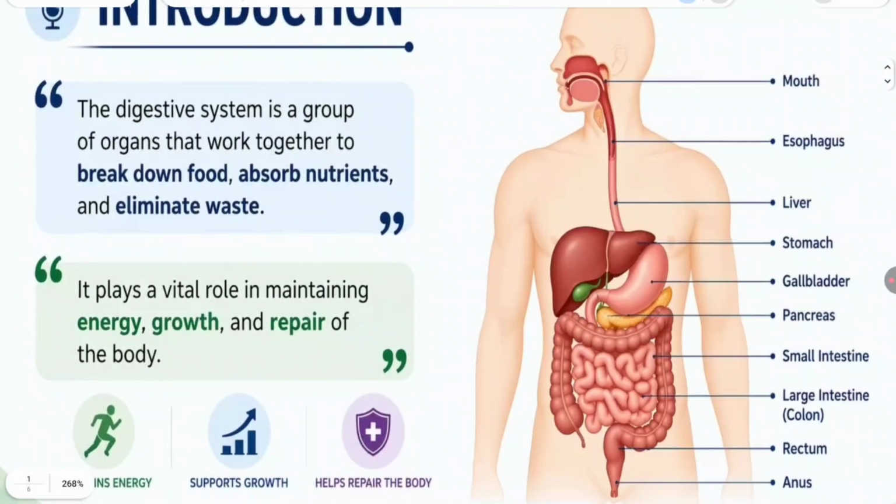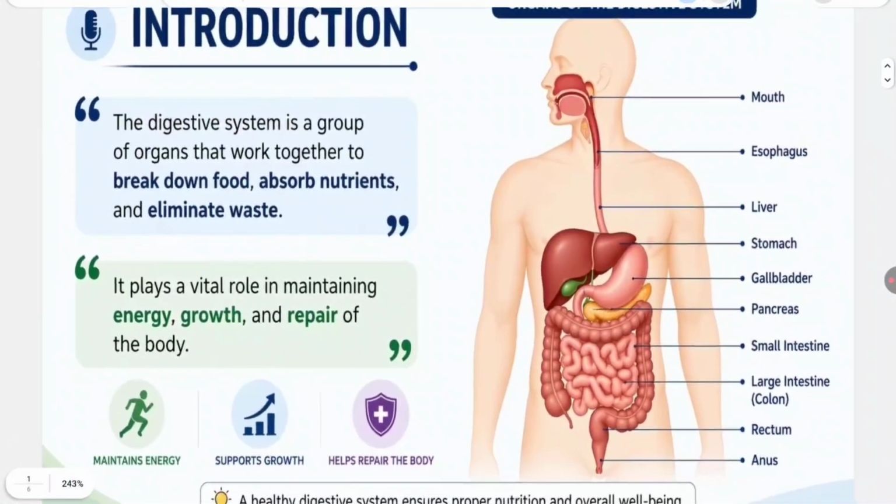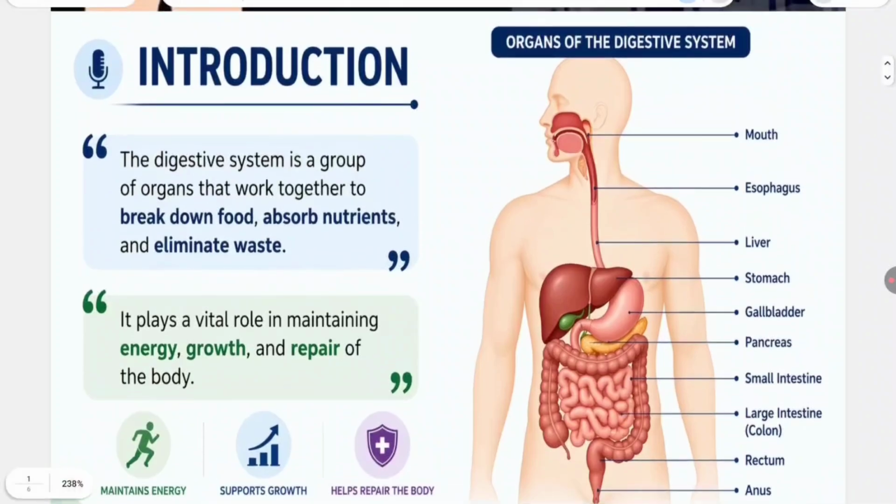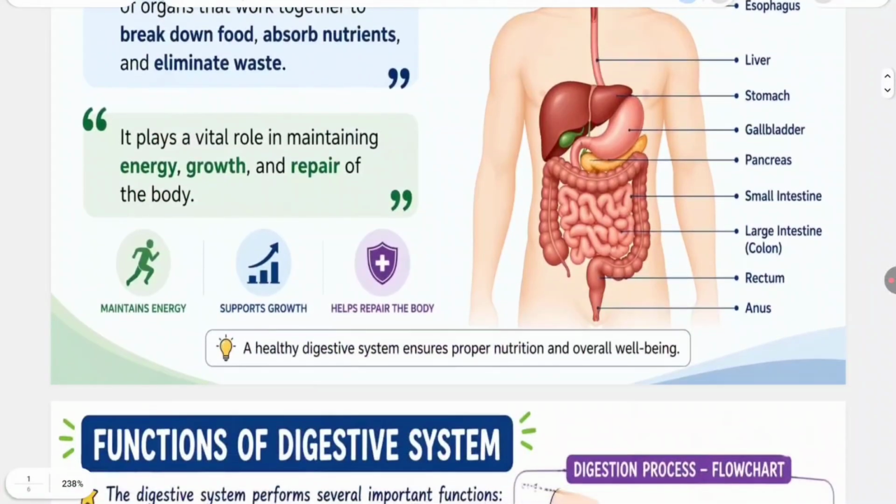Here you can see one full digestive system picture I have given. You can draw this picture in your notebook if you are preparing. Here you can see mouth, esophagus, liver, stomach, gallbladder, pancreas, small intestine, large intestine, rectum and anus. These full parts come under the full digestive system. Organs involved in the digestive system we will discuss later also, but here I have given one overview. Okay,